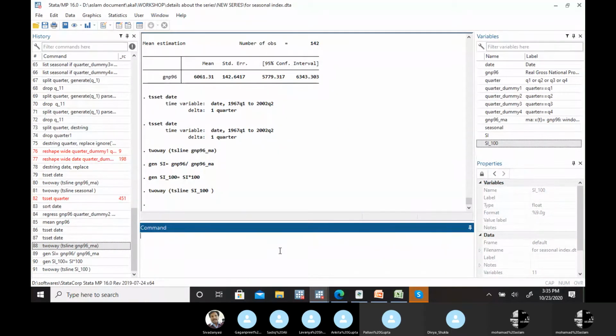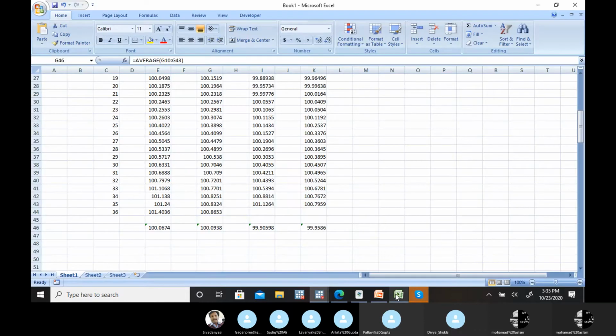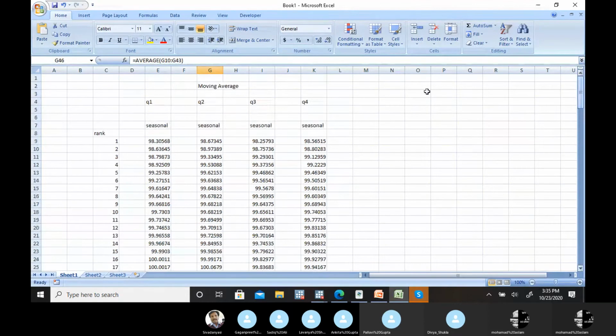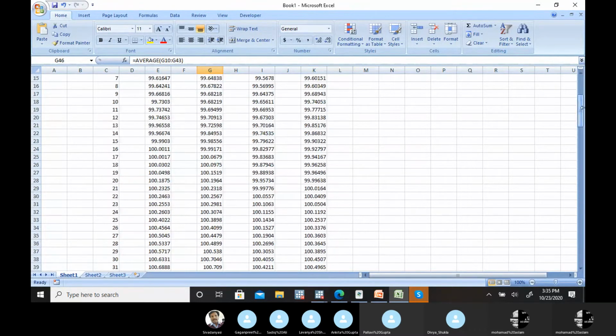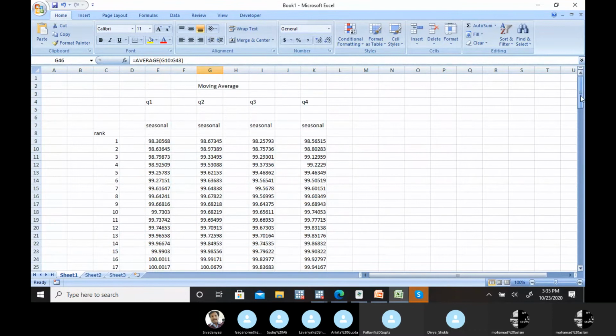How can you eliminate the extreme changes? First, just do it via a manual process. We have to identify extreme changes in these quarters, and then eliminate those extreme changes.